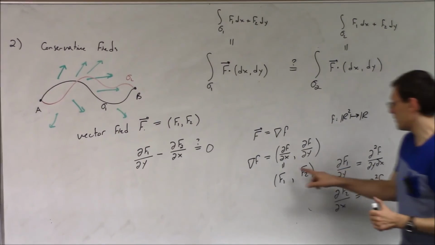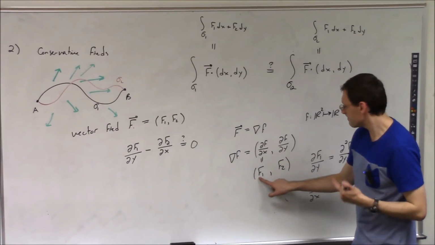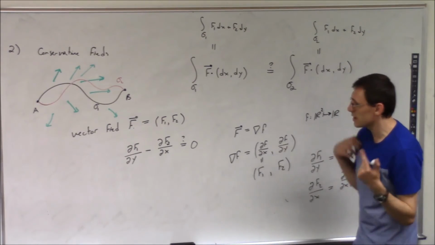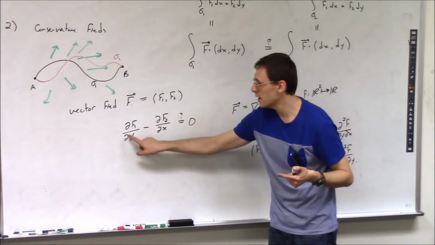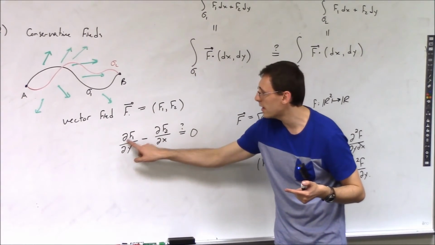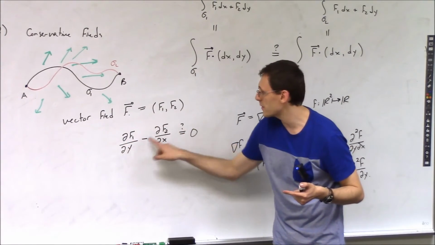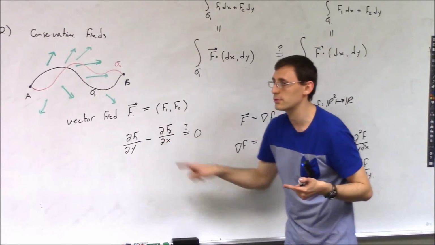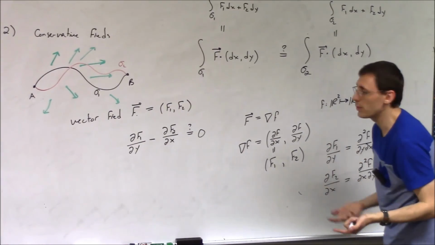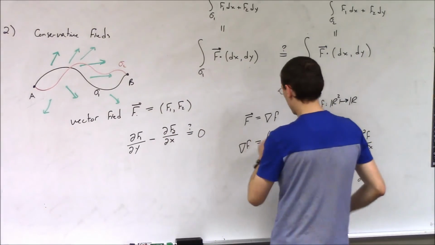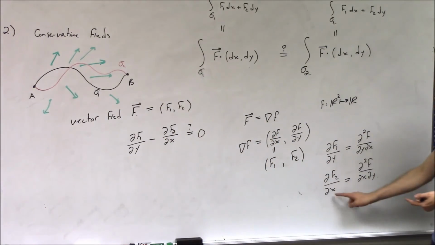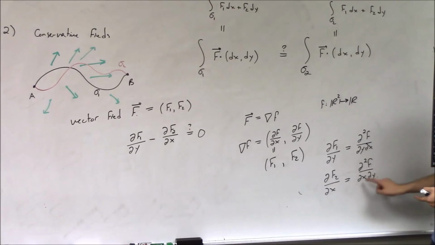And if you take the derivatives, you see the assumption that I'm making here is that when you take the derivative, you get something continuous, right? So if the derivative of the first component of f is a continuous function, and the derivative of the second component is a continuous function, and it happened to be a gradient field, right? Then we have a mixed partial derivative, and the difference is 0.